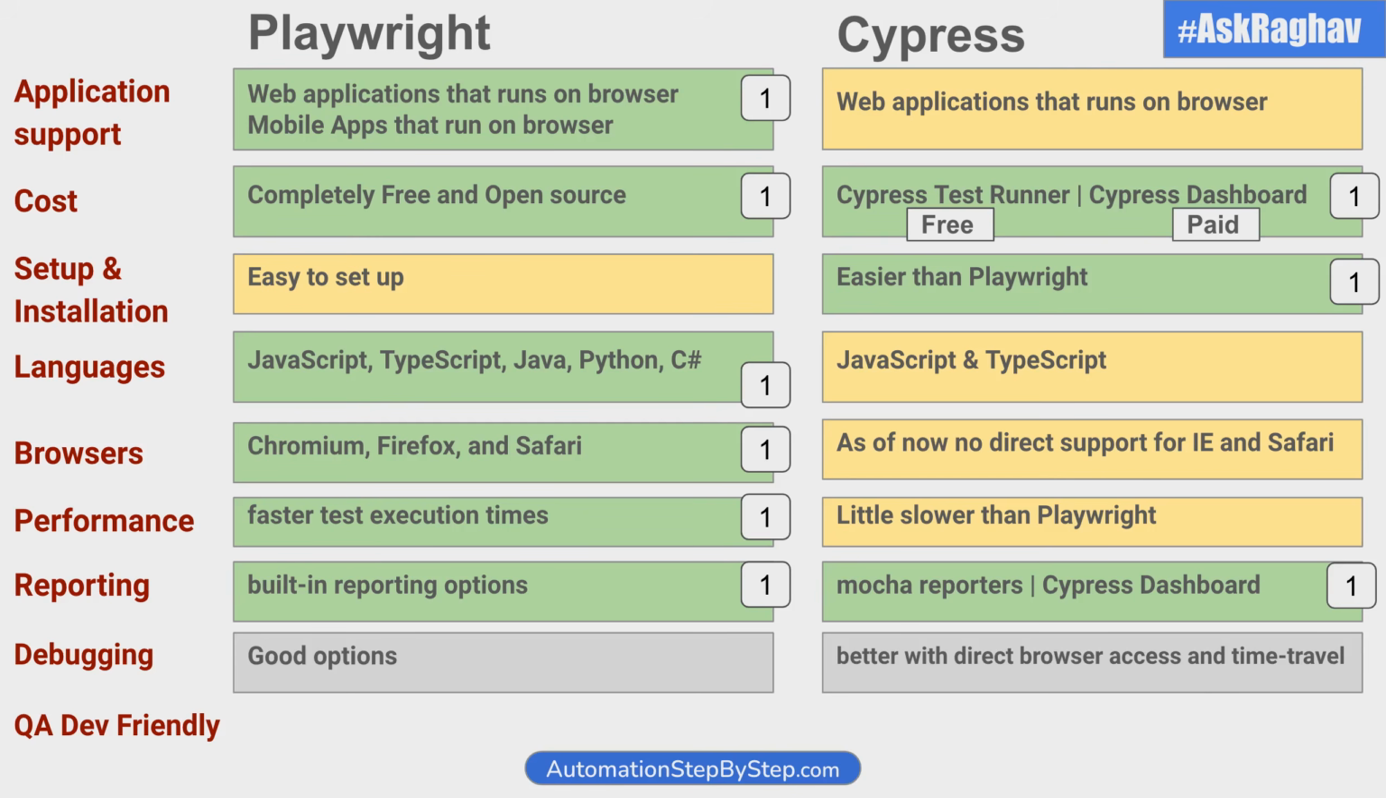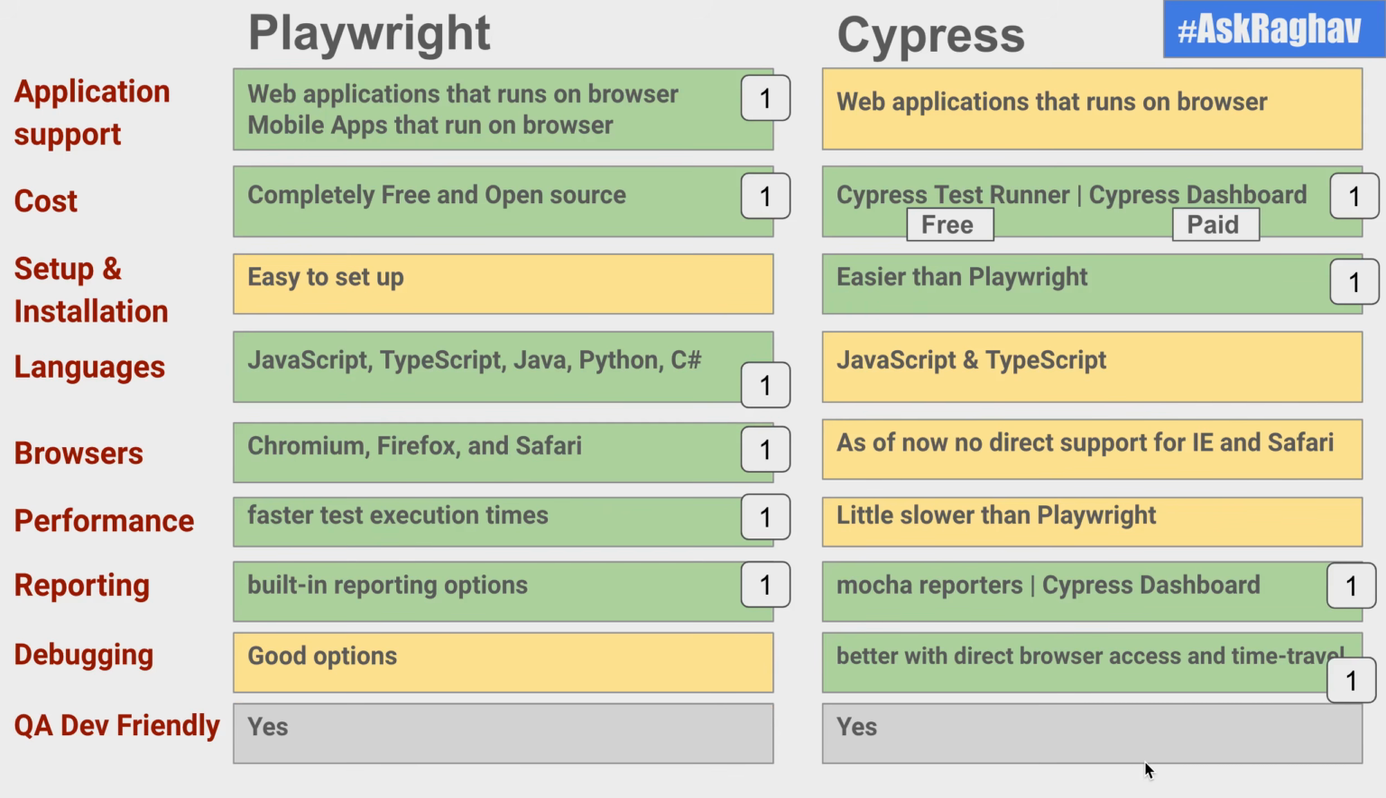In Cypress, we have a feature called time travel, where after execution you can actually go back in time and you can see each and every screen, each and every action within your browser window, and therefore we can say that debugging capabilities for Cypress are a little better than Playwright, and here we are going to give one extra point to Cypress. Coming to QA and dev friendly, now both of these tools